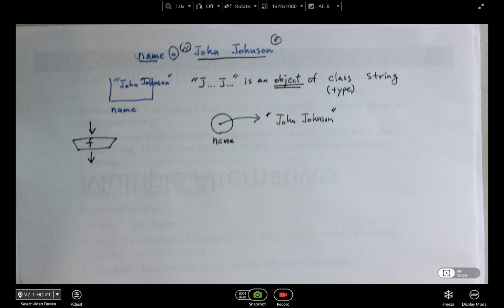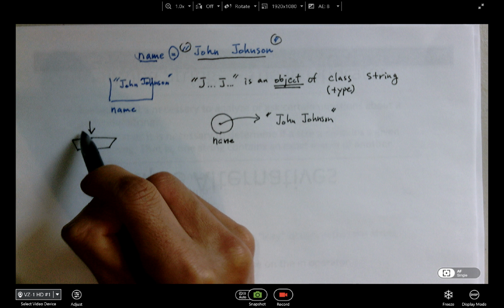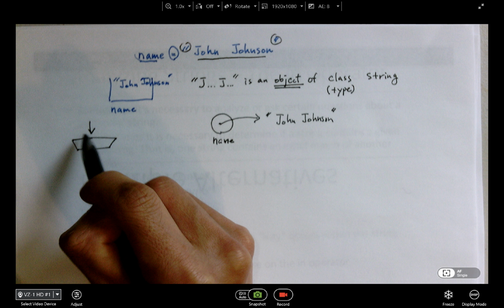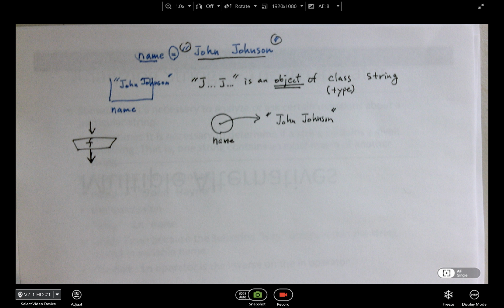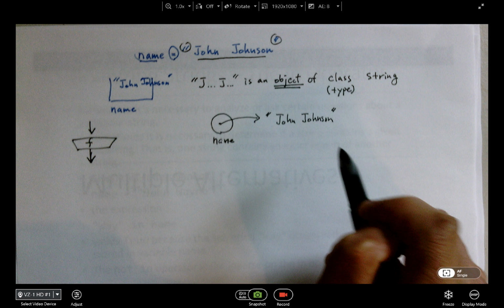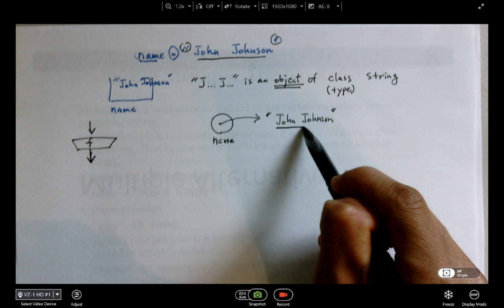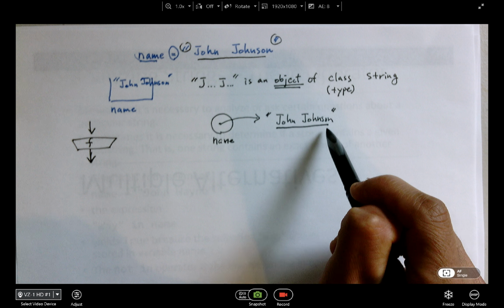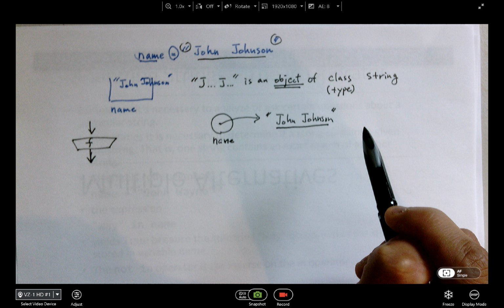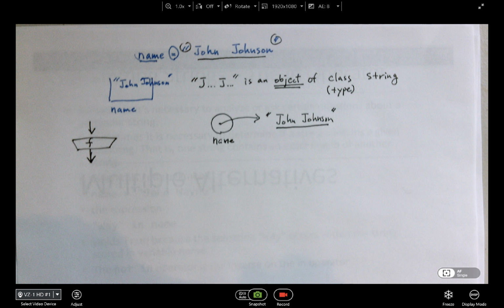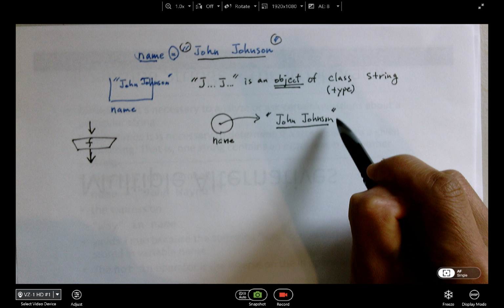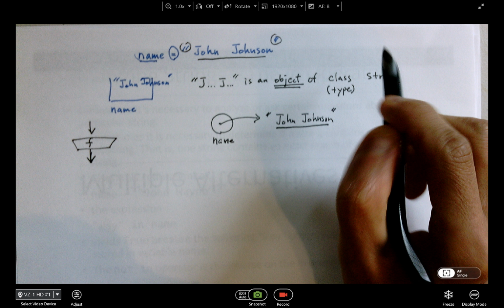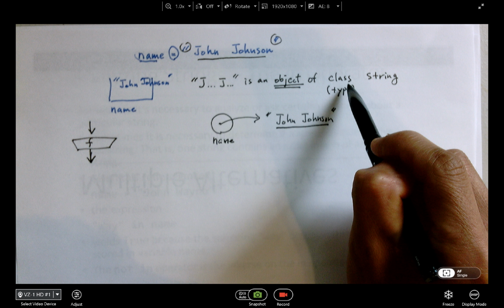So basically the function takes one or more inputs, processes them, and then returns the output. So that's the function. And this class string, an object of class string, has many built-in functions, and we call them methods, not functions, because whenever a function is associated with a class,